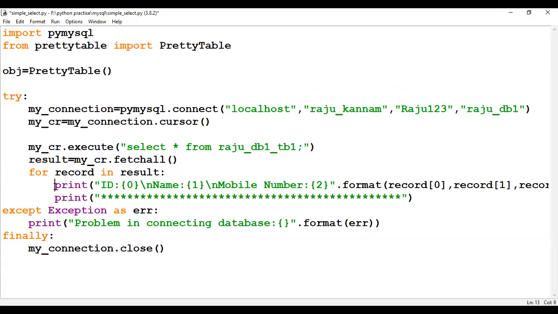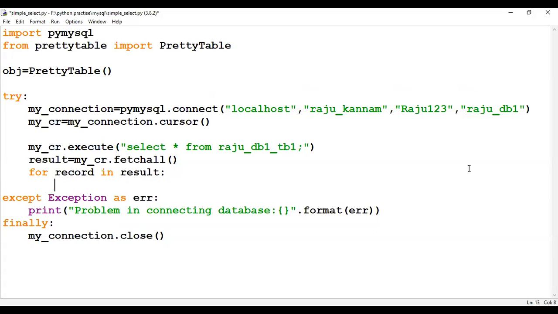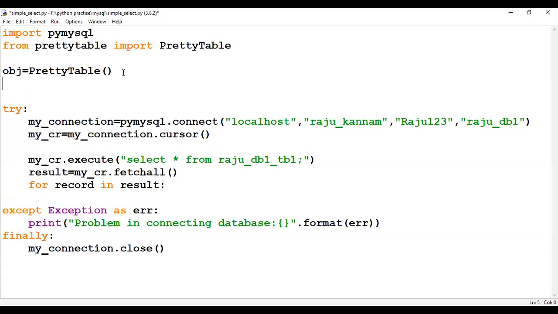Then instead of these 2 lines, here we are getting the records and fetching all the records, and all the records are in the variable called result. From there we will take one by one and add that record to the table, right? So first obj dot field_names, and you give the field names.